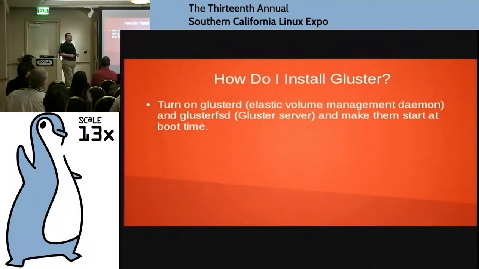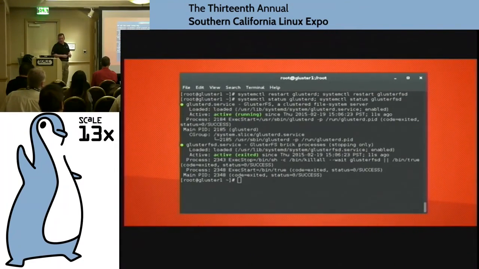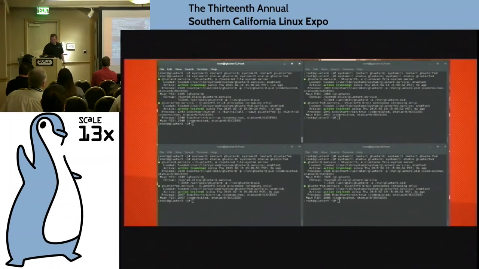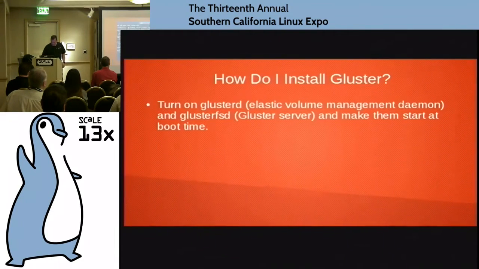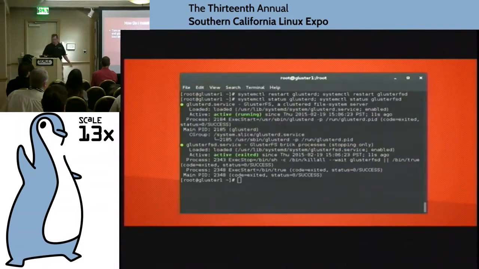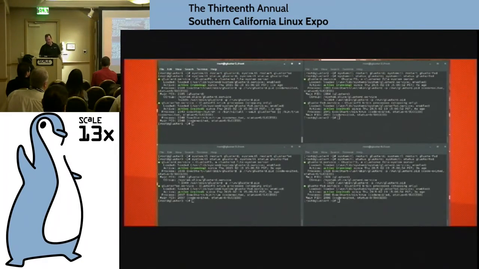And then you want to make sure that the services are running. By default, the Gluster services should be turned on. In the Fedora world, we do systemctl enable service name. So you want to make sure that that's actually done. So I did systemctl restart glusterd and systemctl restart glusterfsd. And then we check status on them, make sure that they're actually running, and they are. The glusterd service is for elastic volume management, and glusterfsd is the actual Gluster service. So you want to make sure that those are turned on, like I said, check config or systemctl them.